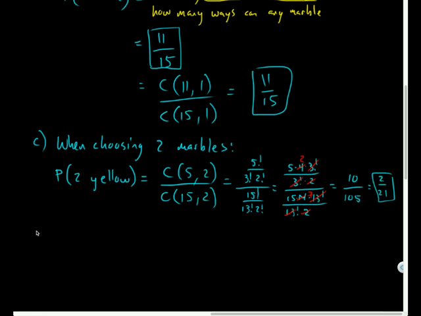And I guess part D, I just want to ask this question. I'm going to do the setup and not the calculation for sake of time, but what's the probability of exactly 1 yellow and 1 blue marble being selected? And this is a little bit more complicated now. So I've got to figure out how many ways can I choose 1 yellow marble. Well, there's 5 and 1, right? And how many ways can I pick 1 blue marble?